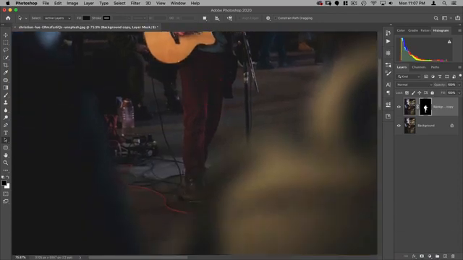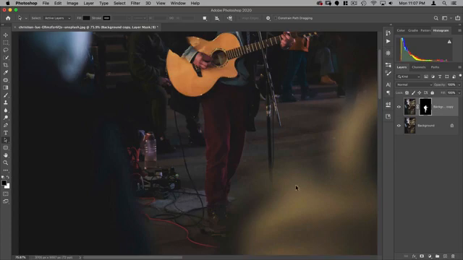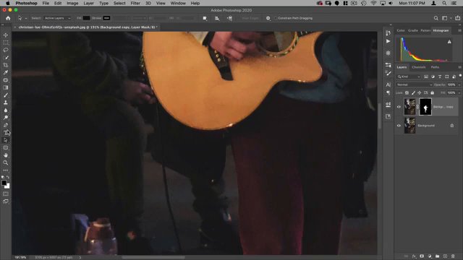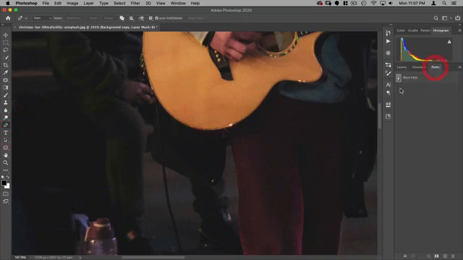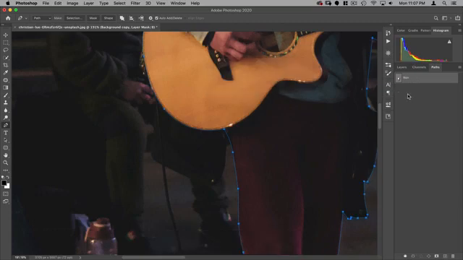All right, and then the last thing is I want this cable. Now I could make a path on either side of the cable, but I'm going to show you a quick trick that you can do with paths. But before I do it, one thing you should know about paths is if you have a work path and you start a new one, it's going to delete your old one. So to do that, just double click on the path here and then name it. So this can be man. That way, just in case you ever want to go back to that path that you took quite a bit of time making, you haven't lost it.